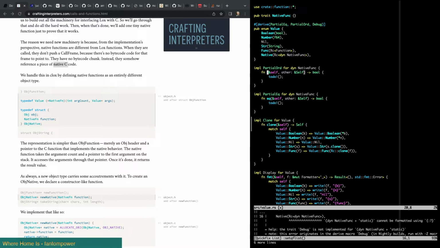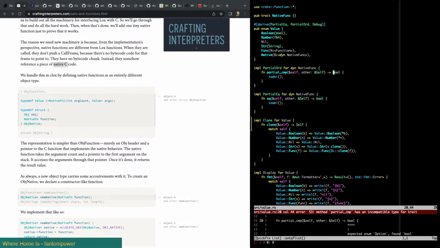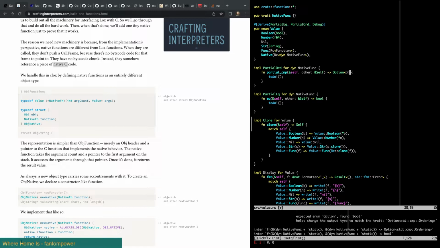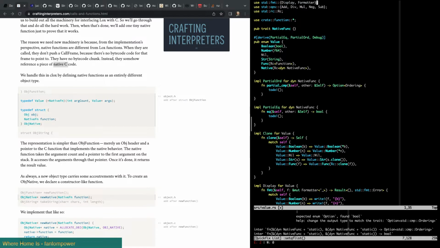Oh, what does that take? It's partial_cmp. And it doesn't return bool, it returns an ordering, right? Option Ordering? What does this say? Yeah, Option of std cmp Ordering. Let's just do that. Option Ordering. And we can just say use.